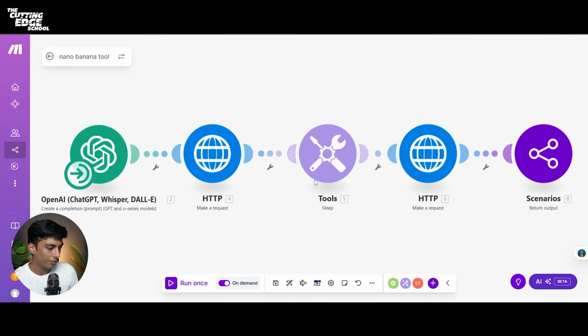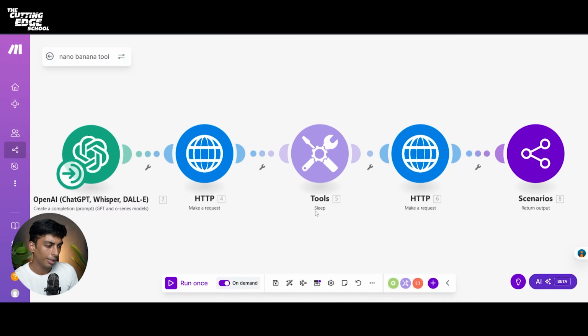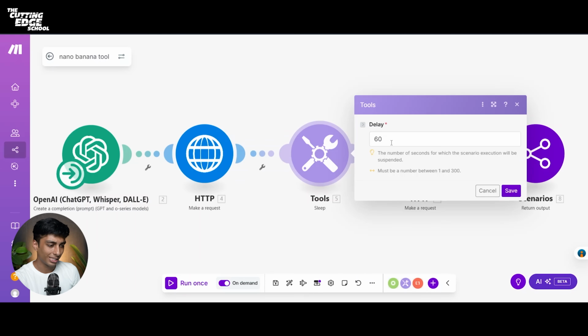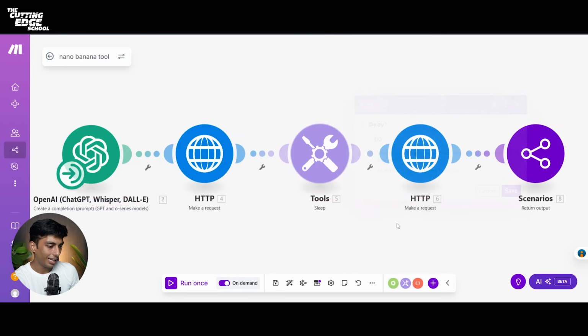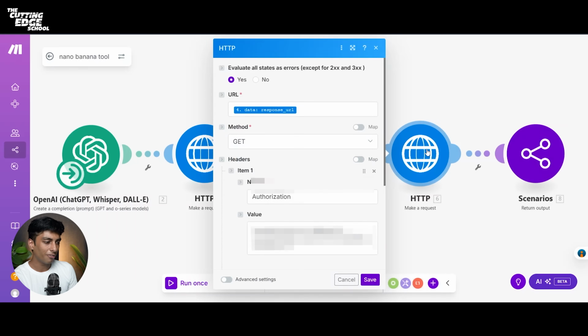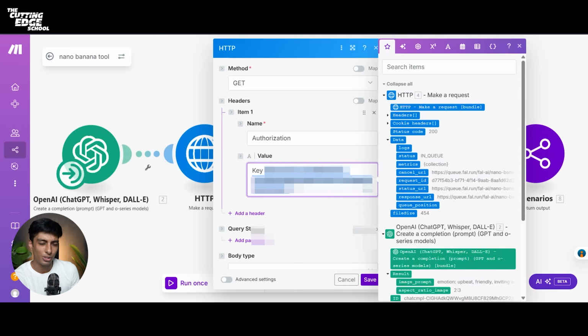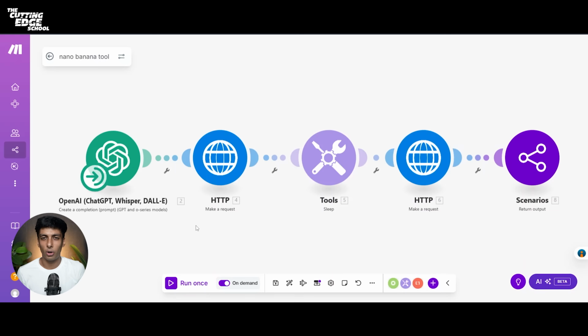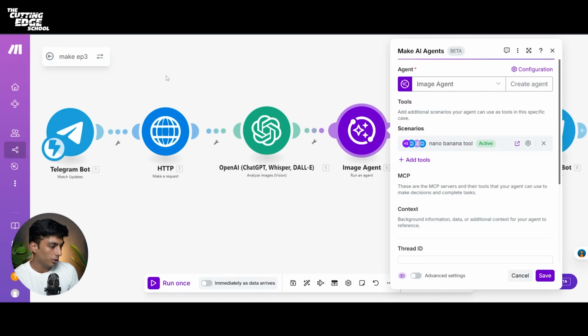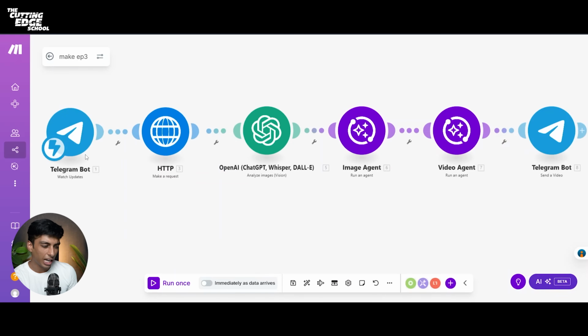Now if I click on save, there is a tool which is sleep. Now we will be holding this automation for 60 seconds so that the Nano Banana is able to create an image for us. And then there is another HTTP request which fetches the image back for us. So in this, you can see that we are passing the response URL. This response URL will be generated by your previous node, and the authorization is the same. You will have to paste your API key here, and that's it. Now these are all the settings that you need to perform to set up your Nano Banana tool after importing the blueprint. And if I go back to my main scenario,